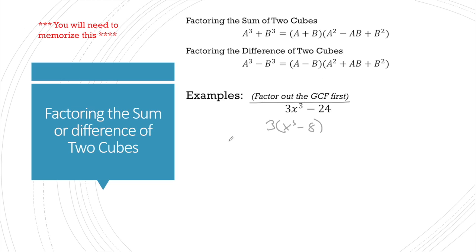I know my a in this case is going to be x, and my b in this case is going to be 2. So that would leave me with 3 times (x − 2), we're using this equation now because it's a difference of two cubes, times (a squared, which is x squared, plus ab, which is 2x, plus b squared, which is